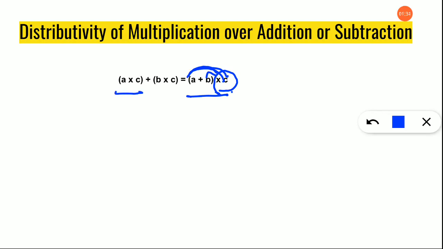And then plus. Since there is a plus sign here, we are using the plus sign in between the brackets. And then c is distributed to b. It is written as c into b or b into c. Anything is fine because commutative works for multiplication, right? Same. Since there are two different operations involved, we call this as distributive property. Is it clear? Shall we see one example using this property?